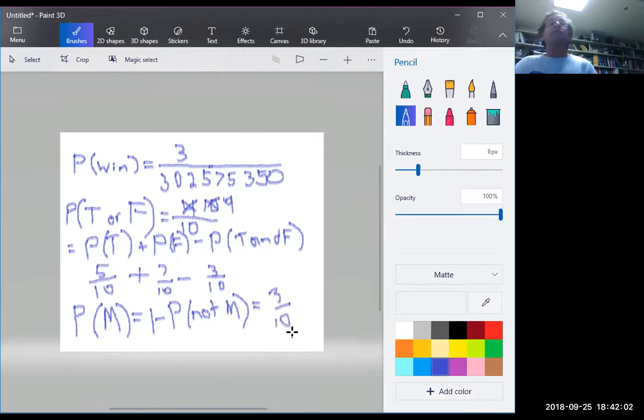And that's called the rule of complements. So when you're using that 1 minus the probability of it not happening, that's using the rule of complements. We're going to use that a lot in this class. It's very easy. Do you agree?